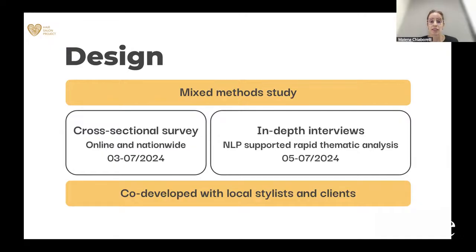So it was a mixed method study. We began with a cross-sectional survey. This was done online and at a nationwide level. And this was followed by in-depth interviews that were analyzed, supported with AI, using rapid thematic analysis. Also, we wanted to highlight that the different stages of the project were co-developed with local stylists and clients.